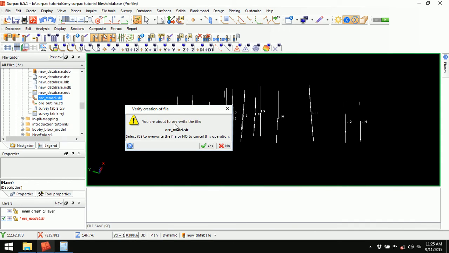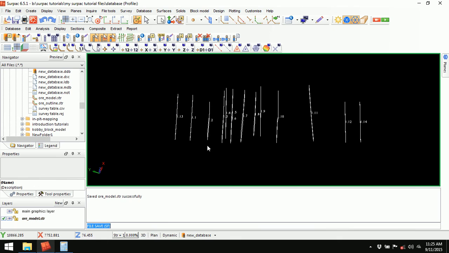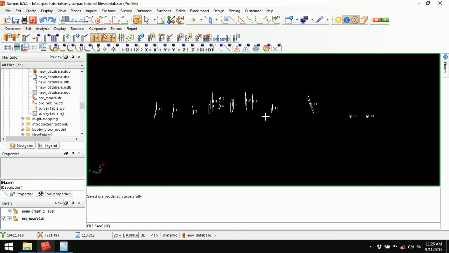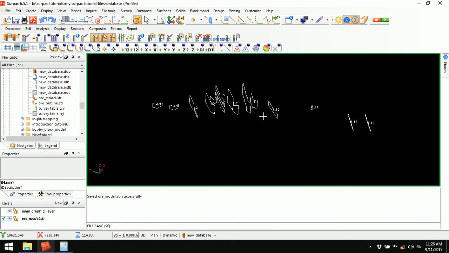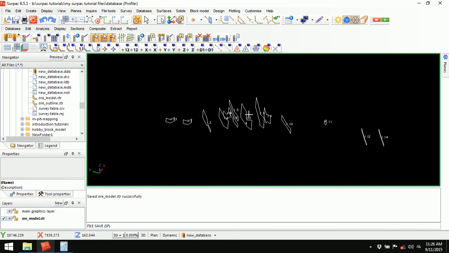So as you can see, you are about to overwrite the file all.model.string. Yes, now the name has changed to black and there is no asterisk. Beautiful. So we have saved the file. So our next task is to clean the string or the segment of defects as a result of digitizing and